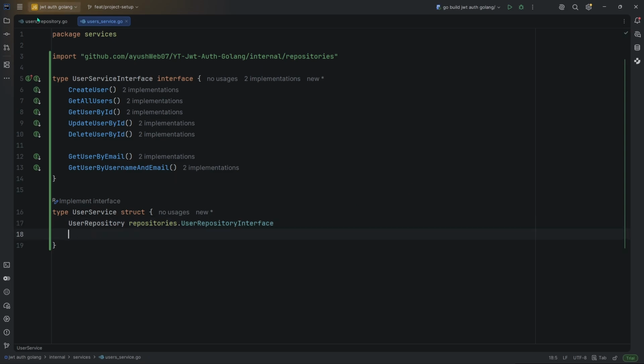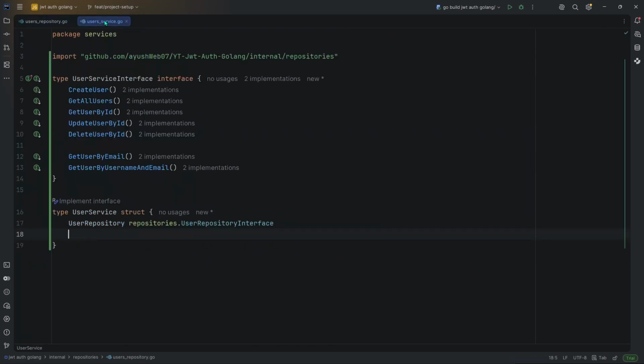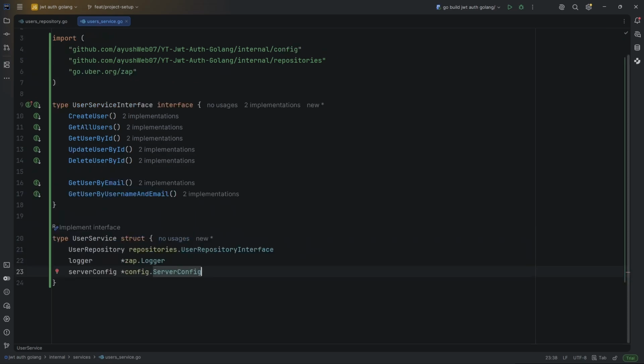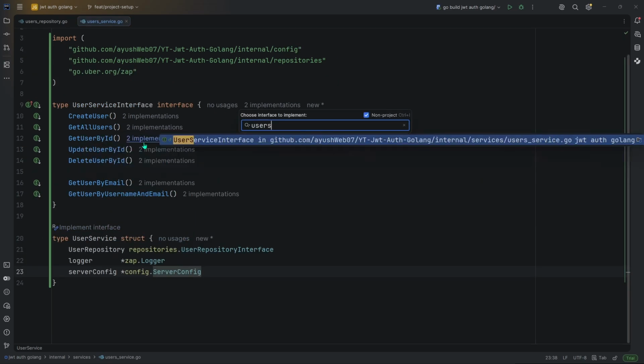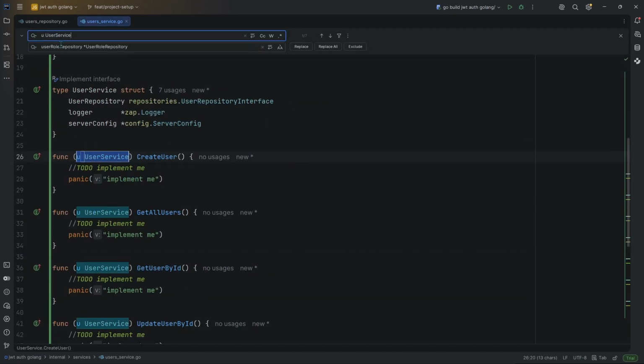Then it is going to have a logger and a server config over here as well. And once this is done, I'm going to implement this user service interface. The same renaming thing that I am going to do is, first, I'm going to camel case my user service, and instead of my user service as a struct, I'm going to have it as a pointer